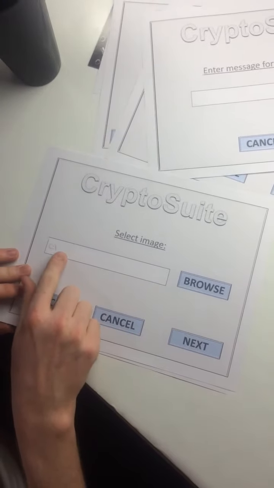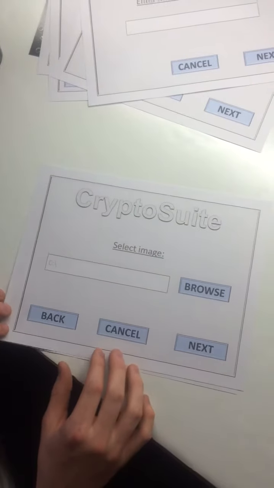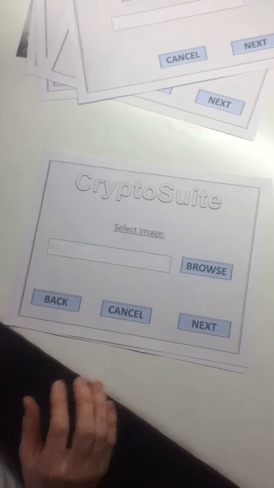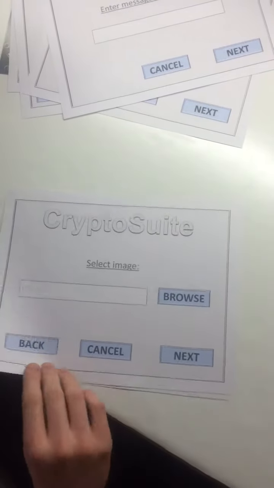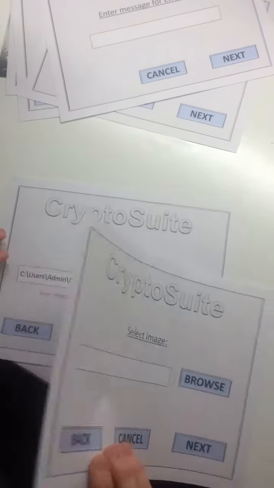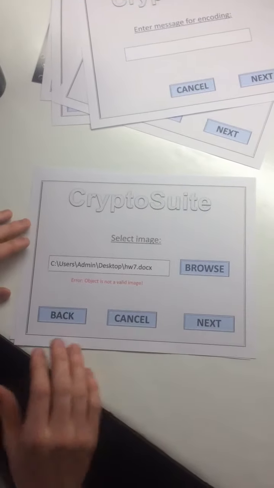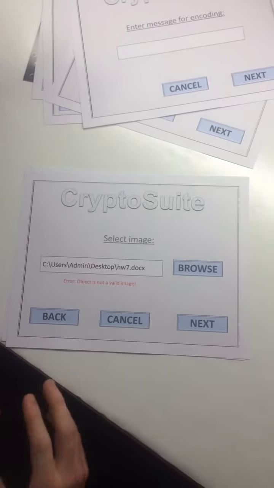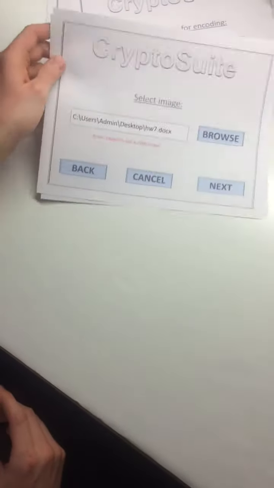They'll be able to either manually type in the location of the picture that they want to put the message into, or they can just browse and select one. Again, we'll have a built-in error. If the object that they put in is invalid, it'll come up and give them that error in red. They'll fix it, they'll hit next, and they'll move to the next screen,